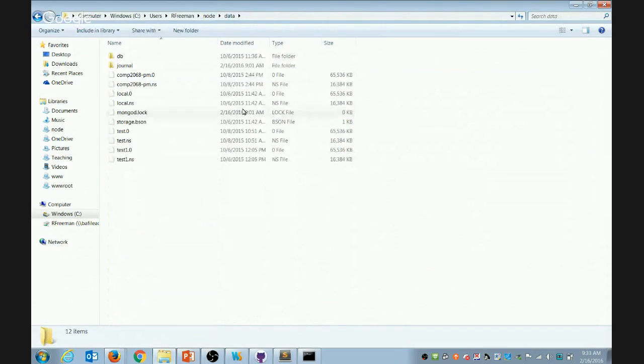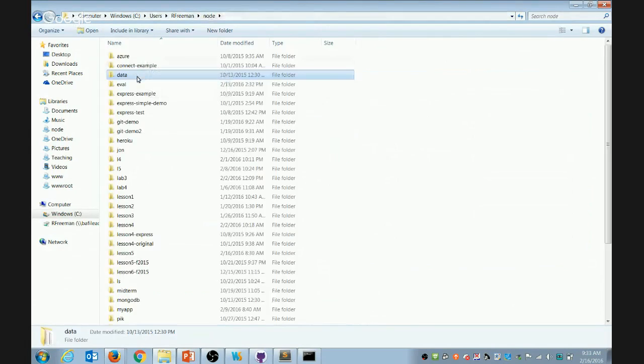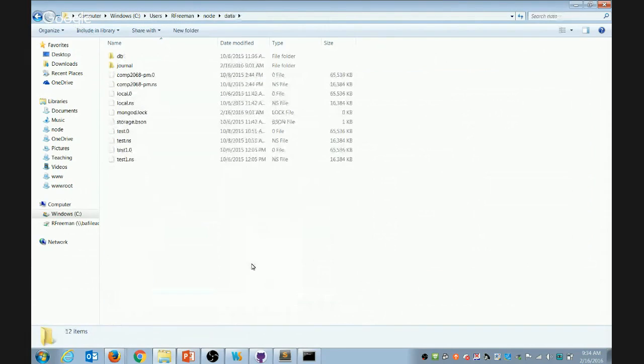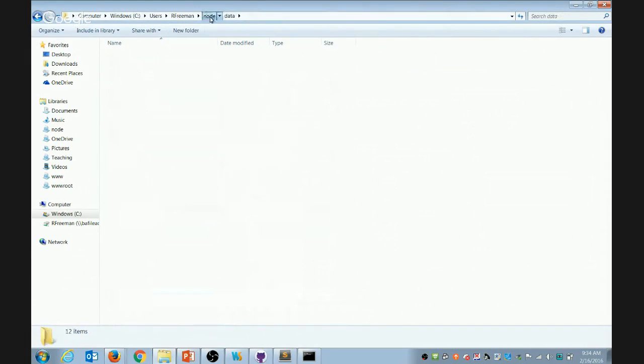Here are some of my files. I created a database called test. So these are the files that MongoDB will generate. So it can just be an empty directory. You shouldn't have to put anything in there. So once you have your MongoDB and your data directory inside of your node folder,